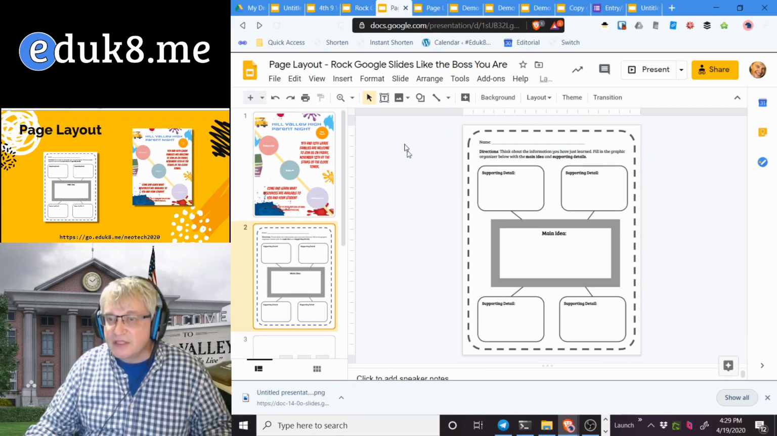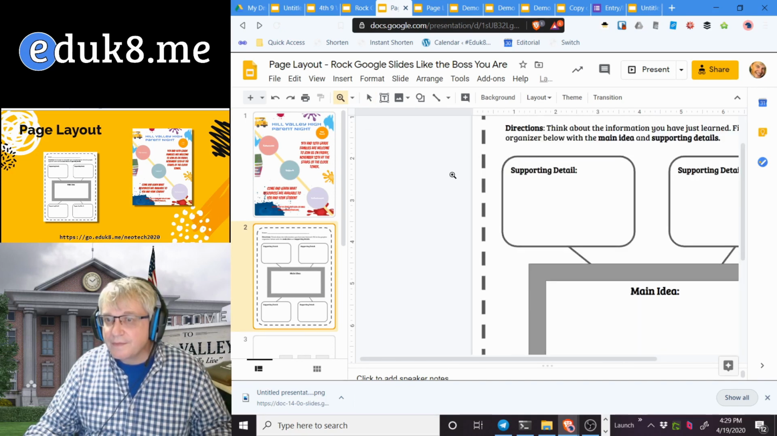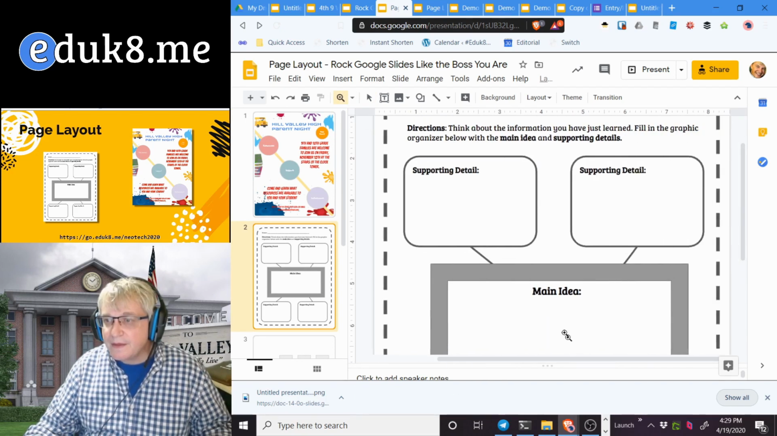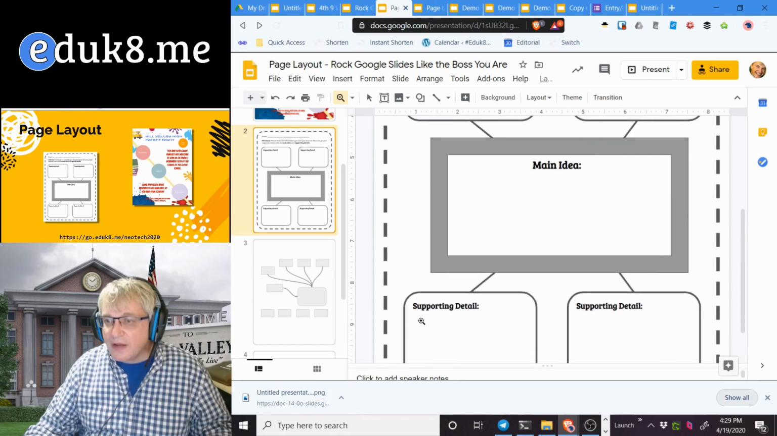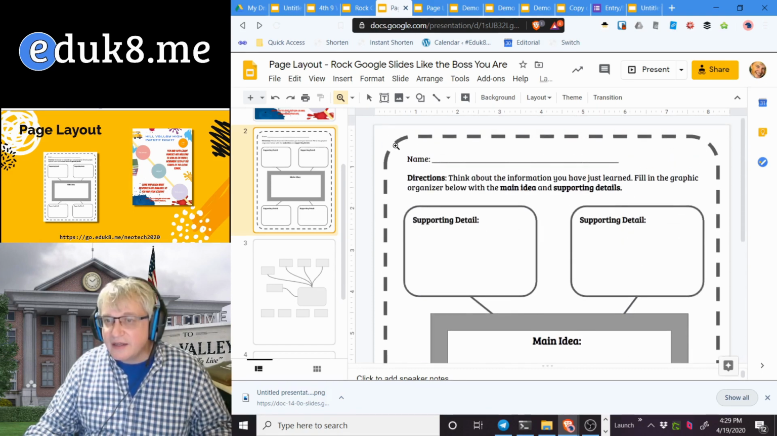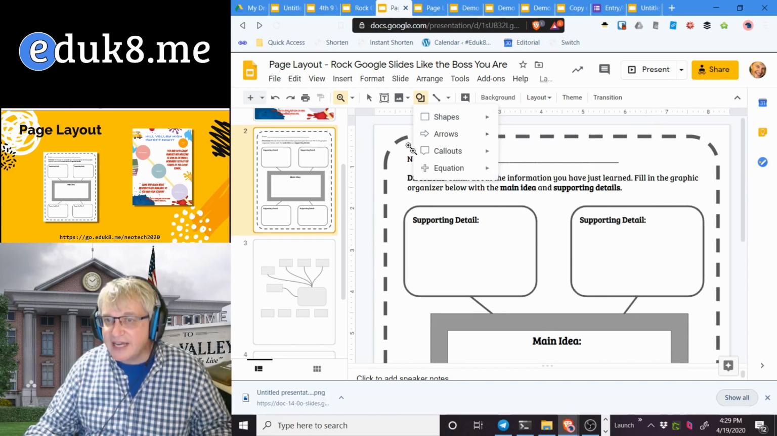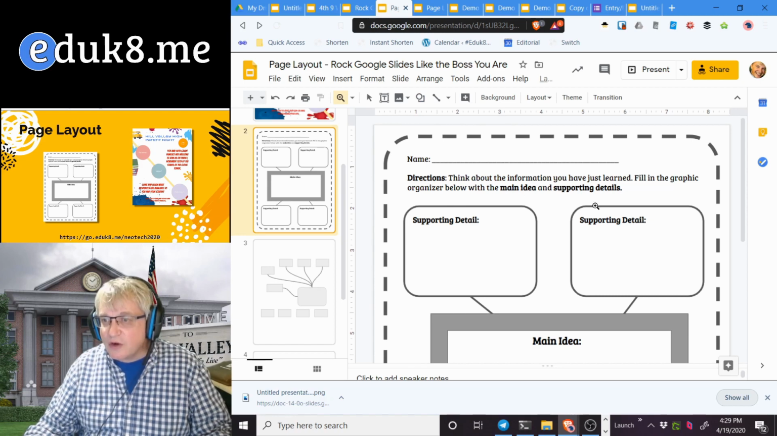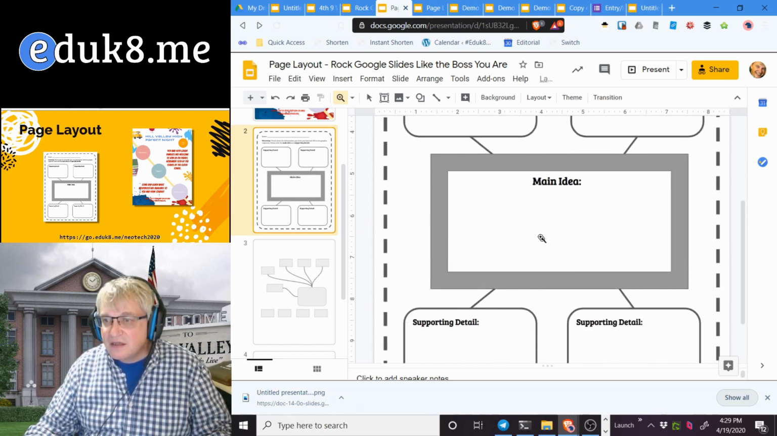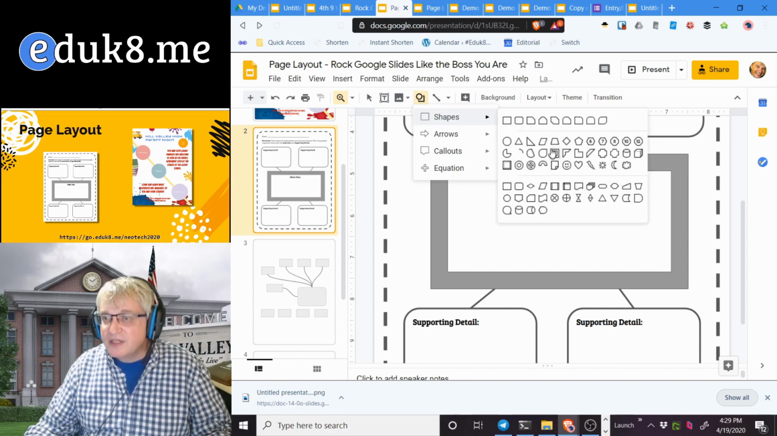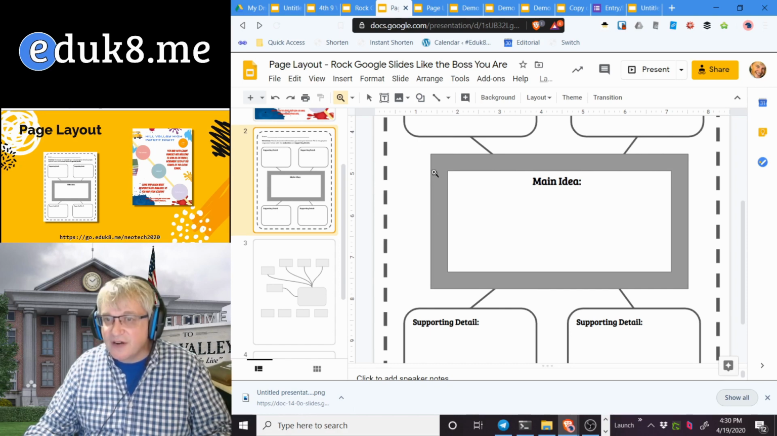And the same way with this graphic organizer. Around the outside is a rounded corner box, which I made the lines dashed. These are rounded corner boxes. If you look at the shapes, there's a frame. That's what this guy is right here. He's a frame,